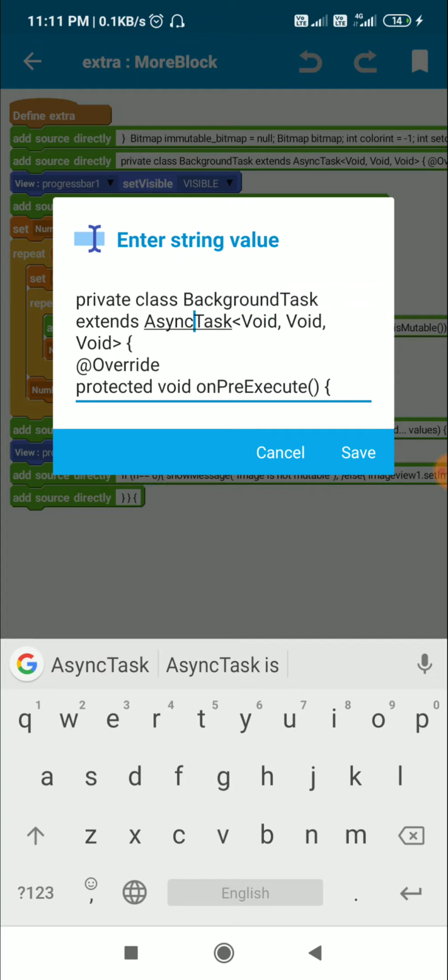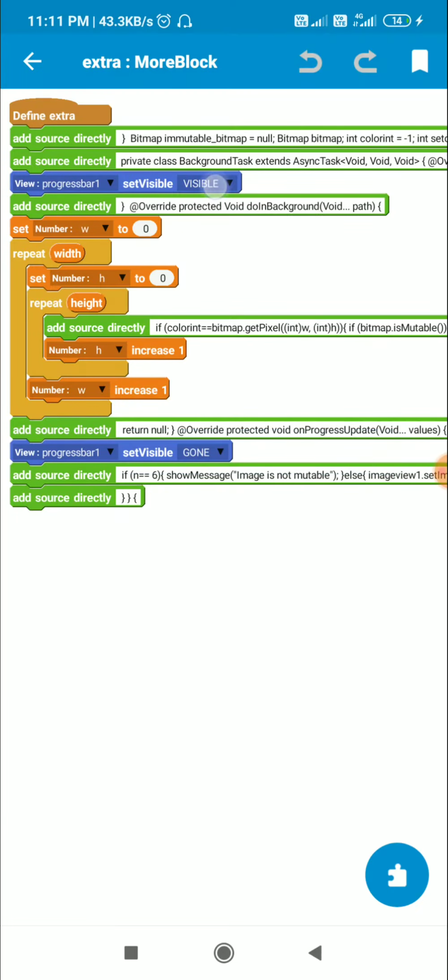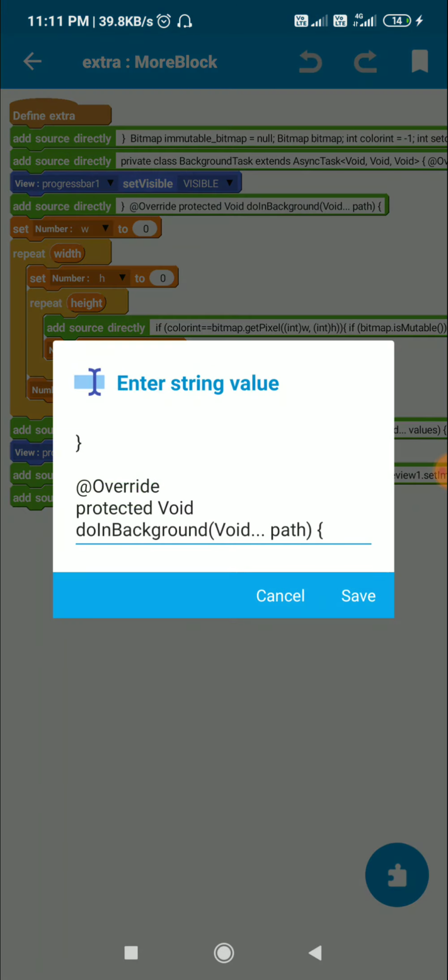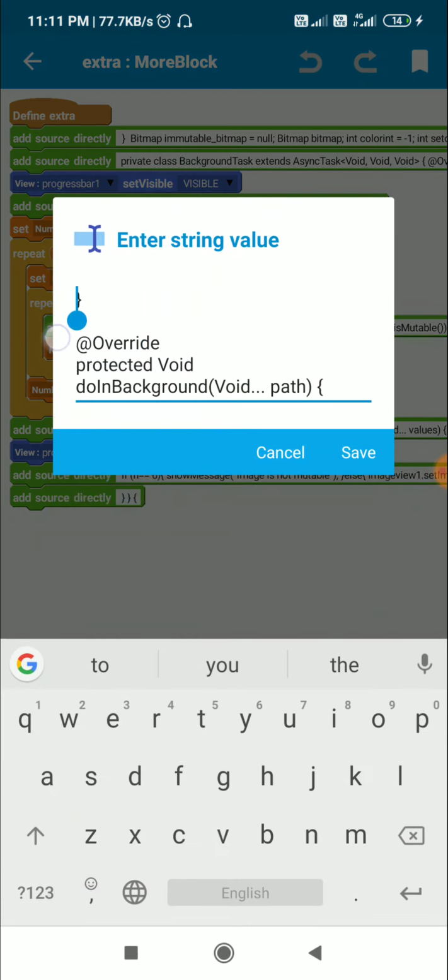Async task means it runs in the background, it doesn't run on the main UI thread, and it contains these methods. Protected void onPreExecute means before the task. On pre-execute, I make progress bar 1 set visible. Then I close this onPreExecute.